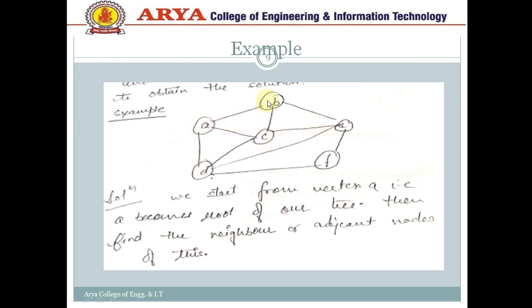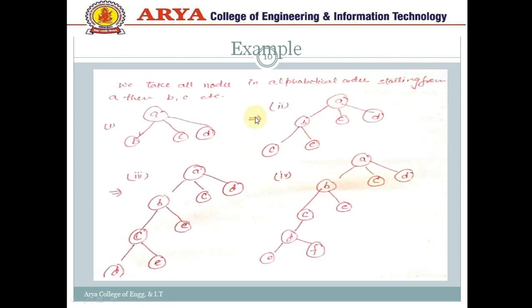So we can choose the neighbor vertex for each of the node. For B, if we're talking about B, then B contains C and E, and C contains all the vertex except F, and for F, E and D are possible. So we choose the neighbor nodes for this. So we take all the node in the alphabetical order starting from A. By using this diagram, there are 3 neighbors present, B, C and D. Now we can proceed in the alphabetical order.